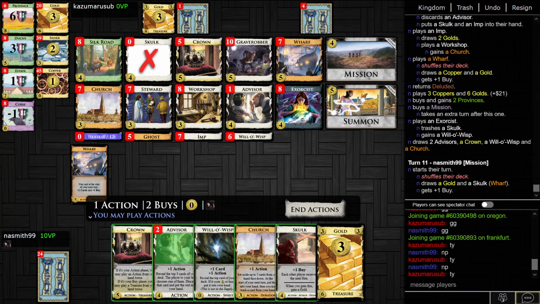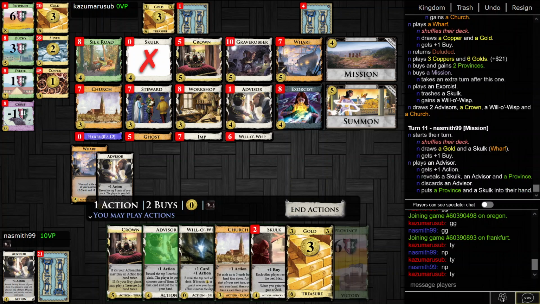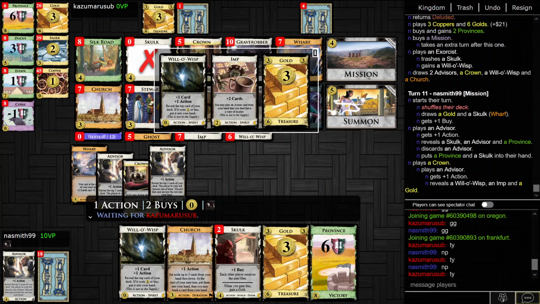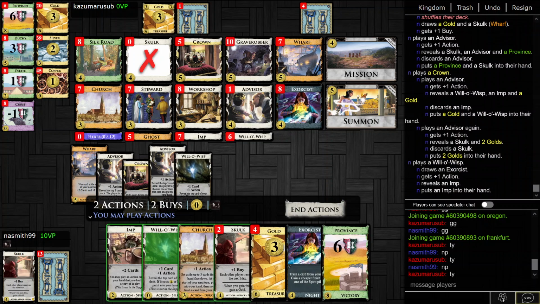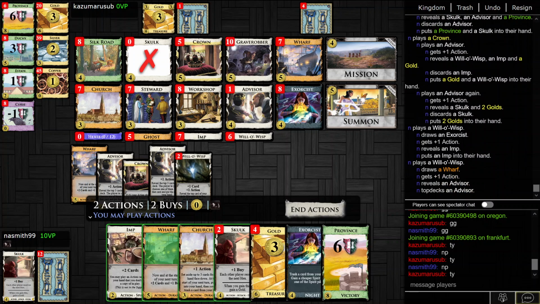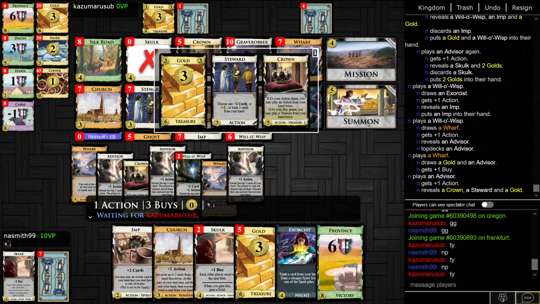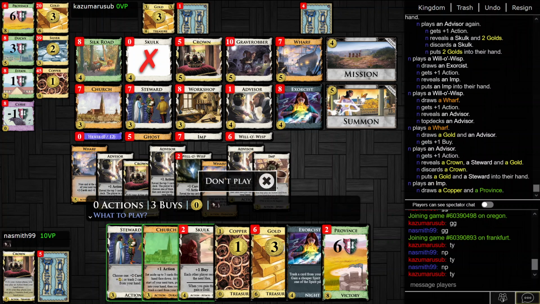Could crown an advisor, but I could always crown the second one, so... Yeah, surely discard advisor here. Can't really see an argument not to. I think I will crown this advisor now. Okay. Wharf now. Okay. Imp, and then...